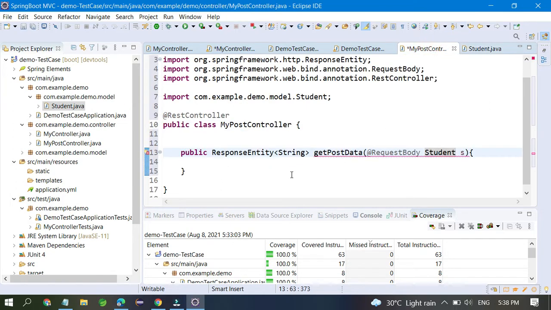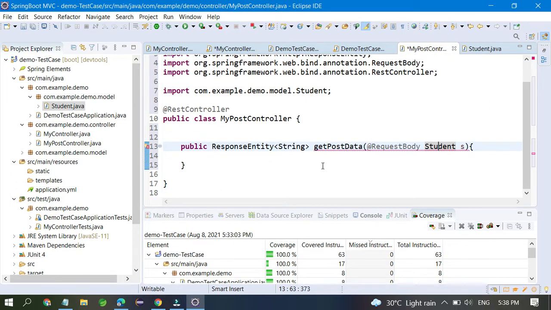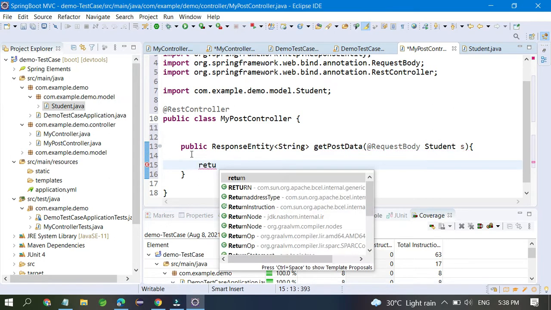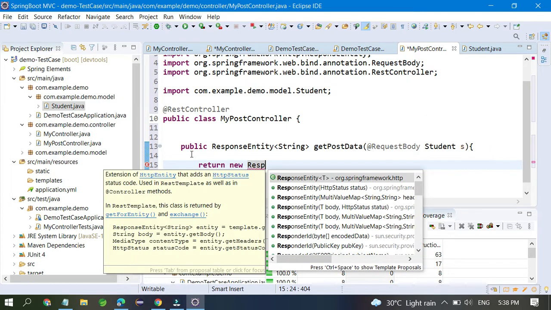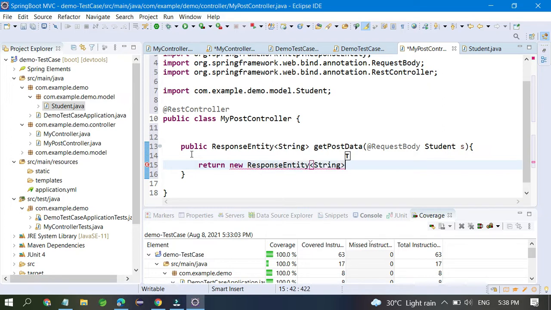Now you have to return some data, so you can return new ResponseEntity of a String. Here you can pass some string like prints, and also HttpStatus.OK, because it's successful.